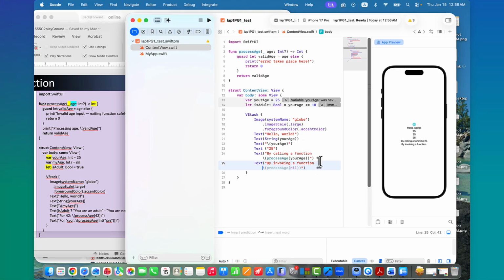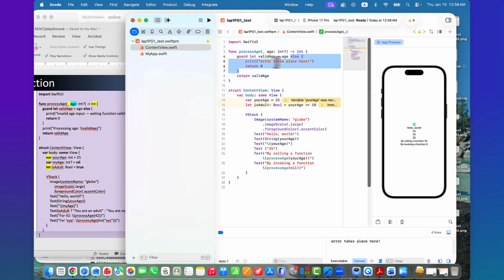By invoking a function, if I send the nil, then when it comes here, nil is not an integer, so we cannot assign that. So we go to the else part. The first statement in the else part is the print statement: error takes place here. So this is a console.